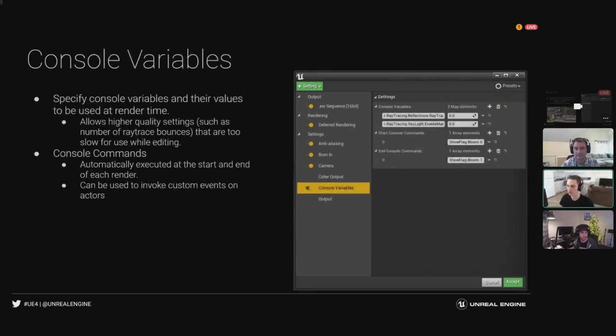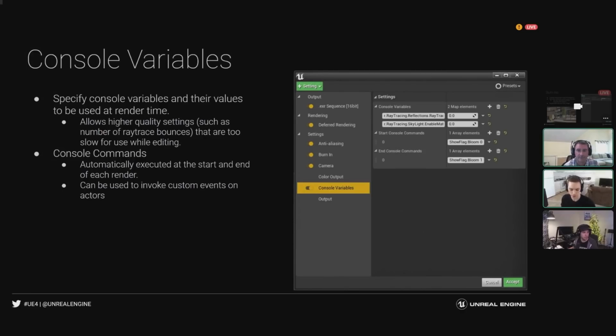Okay, one of the other settings we have is the console variables tab. This is not new in 426, it's pretty much the same. But what you can do here with this console variable tab is automatically apply certain console variables when the render starts. And the reason that you might want to do that is you may have particular settings for quality that are too expensive for real-time editing, such as more bounces on your ray tracing, higher quality reflections, things like that.